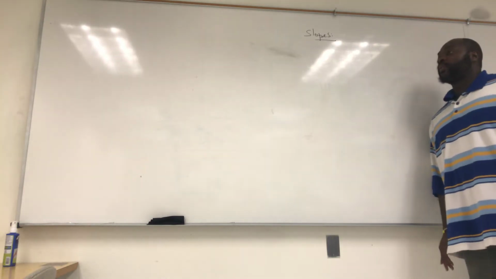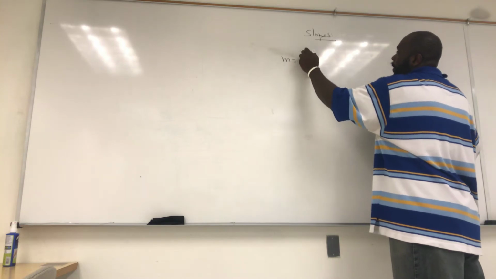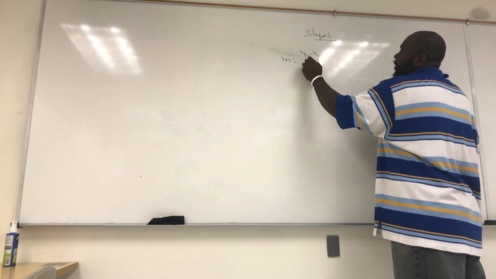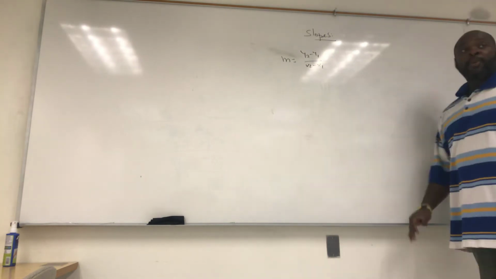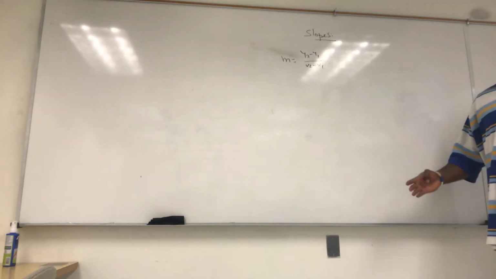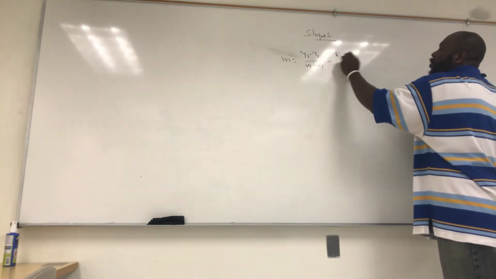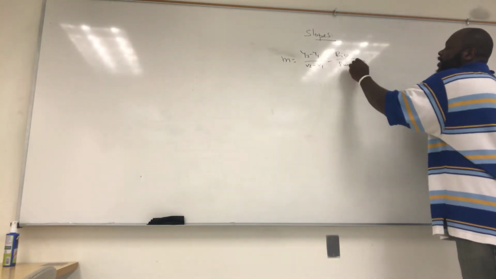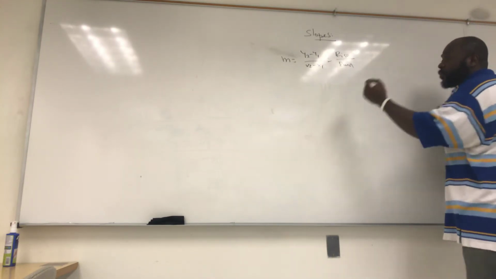So the first way to do it is this: we use this formula that everybody knows by heart. It's called y2 minus y1 over x2 minus x1, and I'll explain what this means. The slope by definition is rise over run, okay? The rise being on the y-axis, run being on the x-axis. So if you have 2 points,